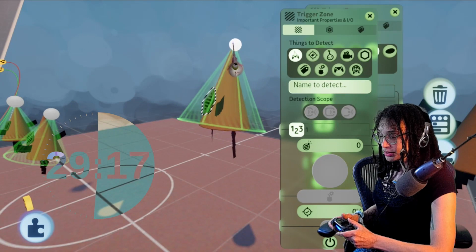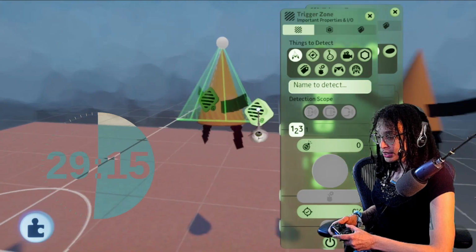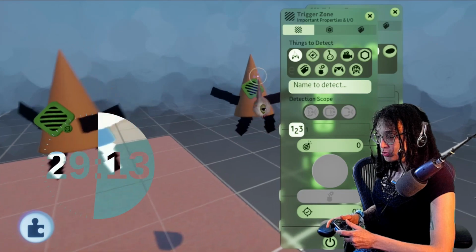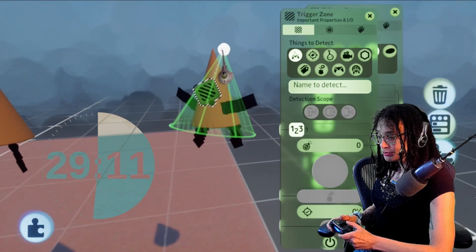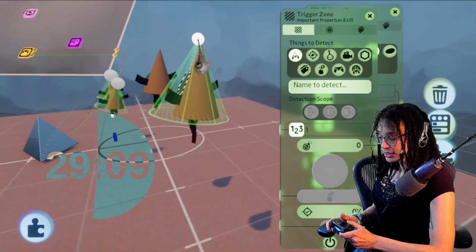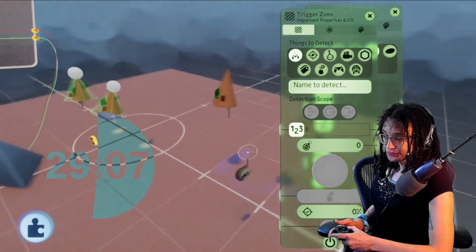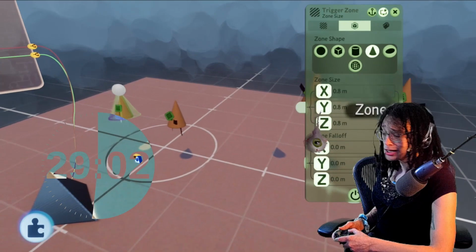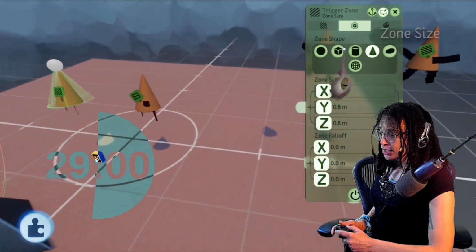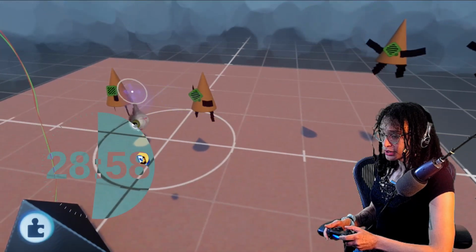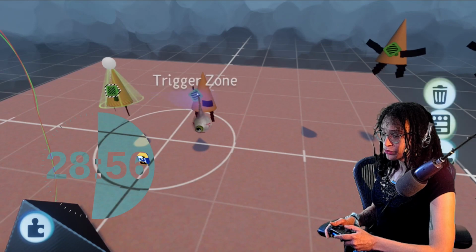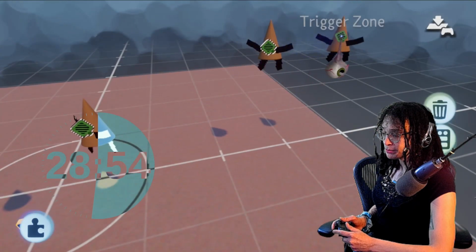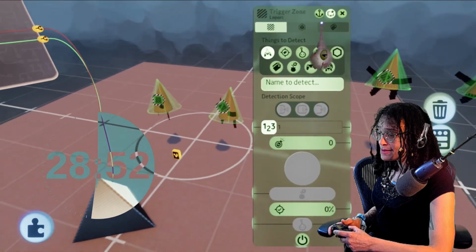Okay, this doesn't have to be perfect, but just in case. Okay, last one. Cone-shaped trigger zone for a cone-shaped Connie. Now, we need all these trigger zones to do stuff. So I'm going to select each one so we can modify them all at the same time. And